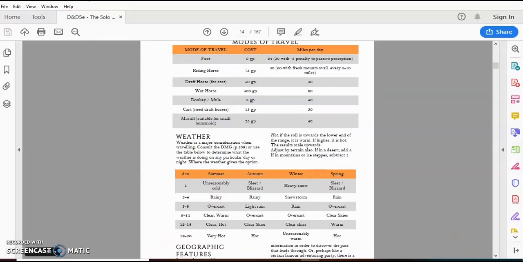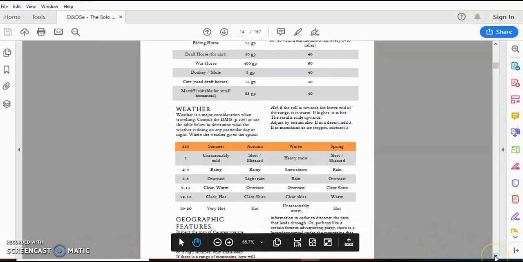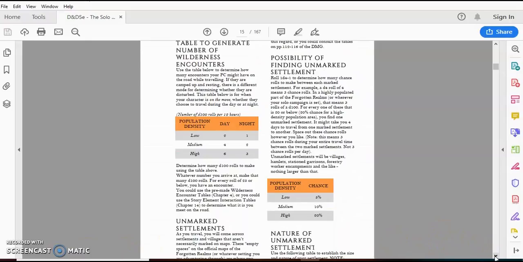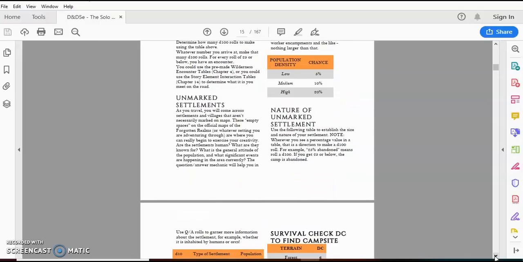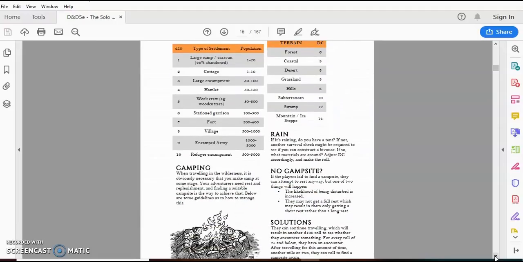It's literally a book of charts and tables for you to generate your world and all the aspects that are required to play in that world. Modes of travel, there's a weather chart here, and I'm just going to scroll down and we'll take a quick look at how to generate the number of wilderness encounters, the possibility of finding an unmarked settlement, the nature of the unmarked settlement, survival checks,